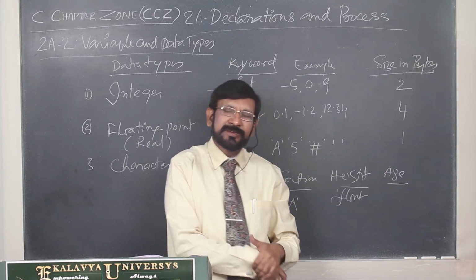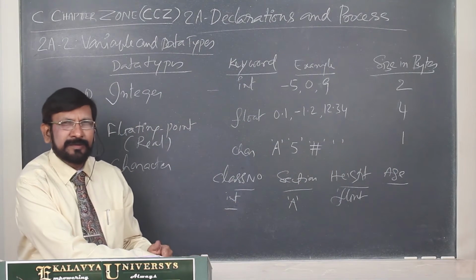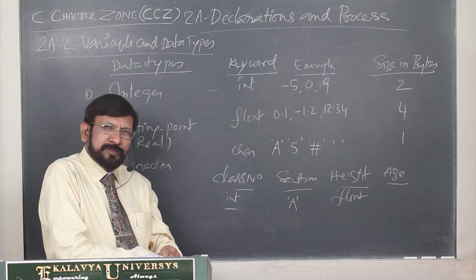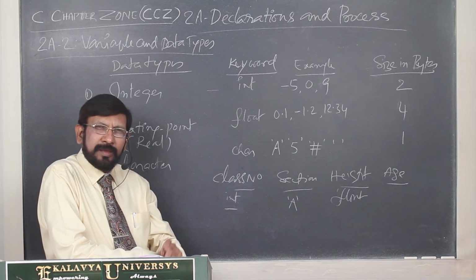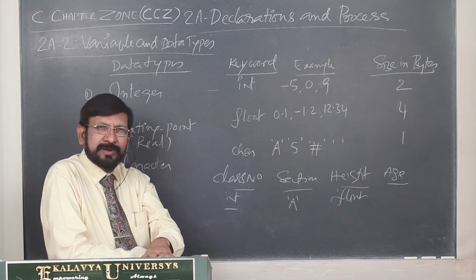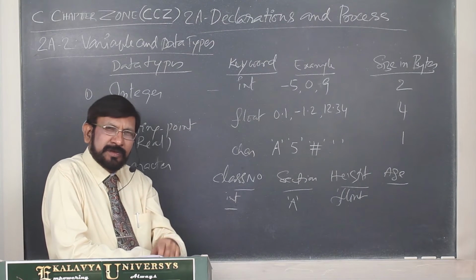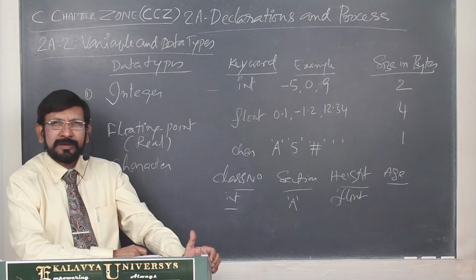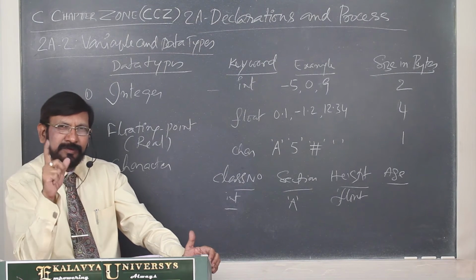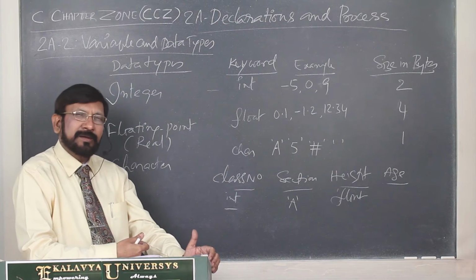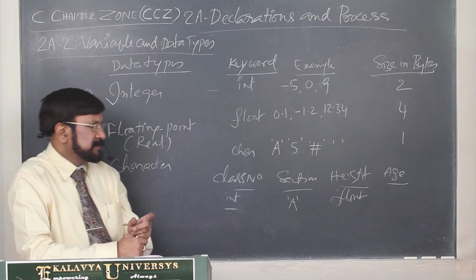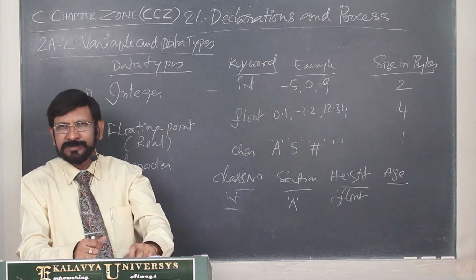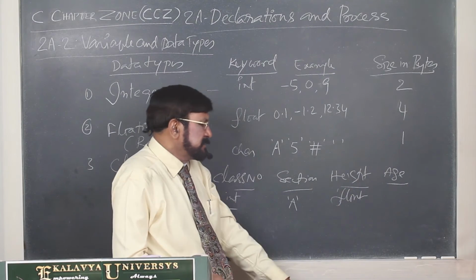Next, age. As far as age is concerned, you may say int, but some prudence is required. Except on the day of your birthday, on all other days your age is a fractional one. Suppose your birthday is on May 1st and today is May 12th. So this is 21 years 12 days. It is a fraction. But as a matter of practice, we always represent the completed number of years as our age. So 21 years. As a matter of practice it is integer.